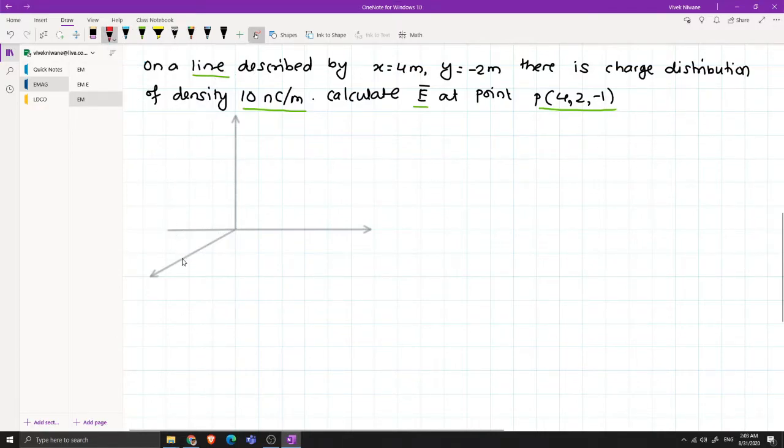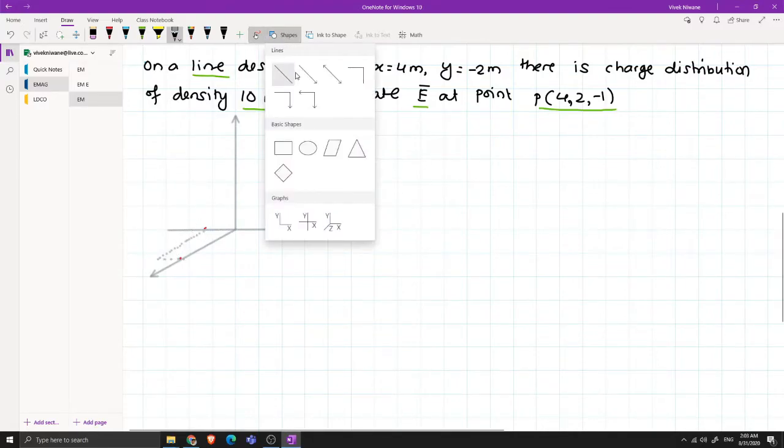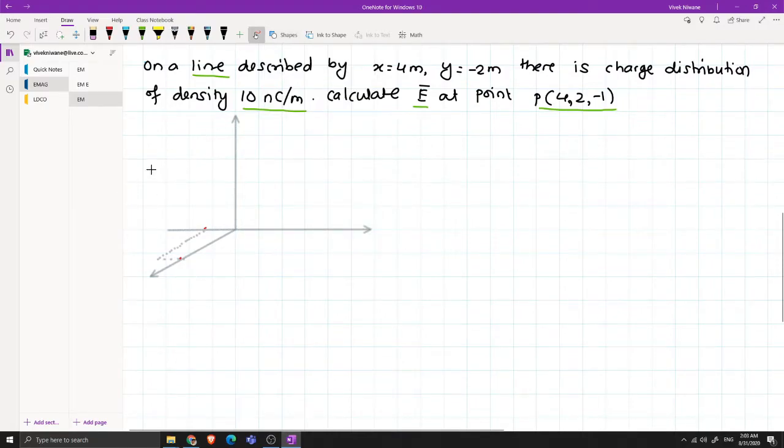Now x is equal to 4 and y is equal to minus 2. Okay, what is happening over here? Let us make some dotted lines over here, and we are trying to see what we have. So in this case we do have a line which is going through this point. The line is standing over here. Okay, the line is standing at this point, and our observation point is at, now let us go back to observation point.